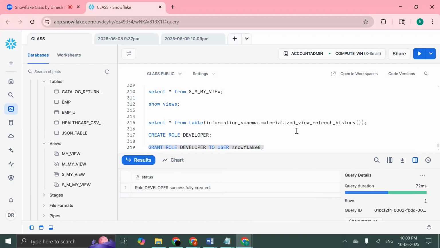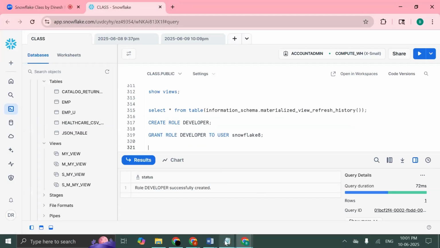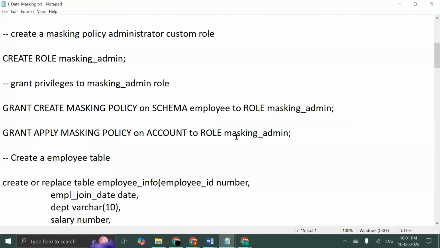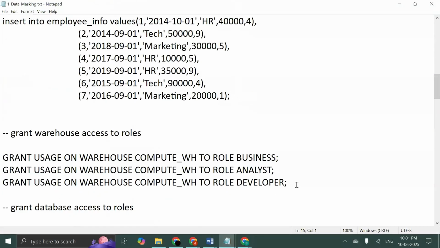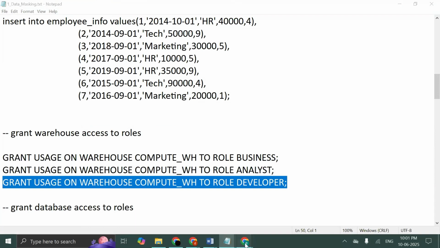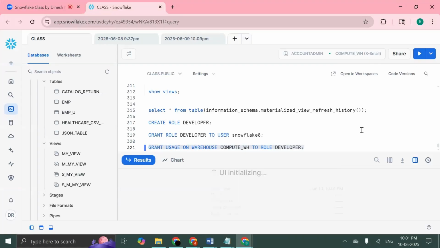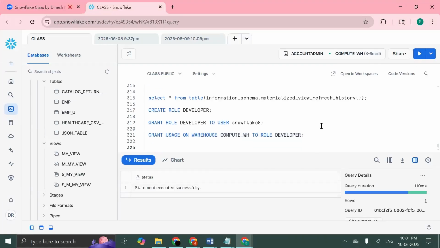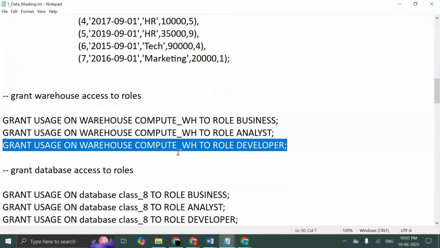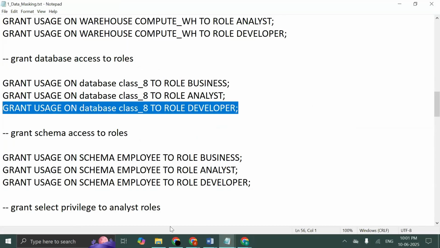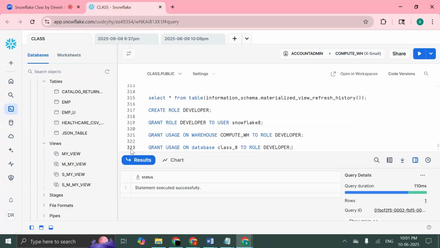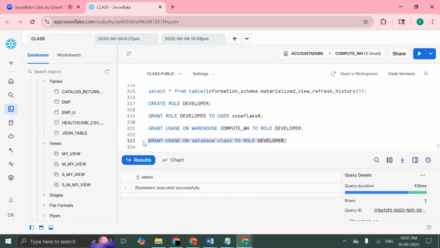Now we have granted the developer role to this particular user. Now we need to give the grant permissions on the database, schema, and warehouse, right? Now let's come to grant usage on warehouse to the developer. In the same way, the database permission: grant usage on the database to the role developer, and at the same time grant usage on